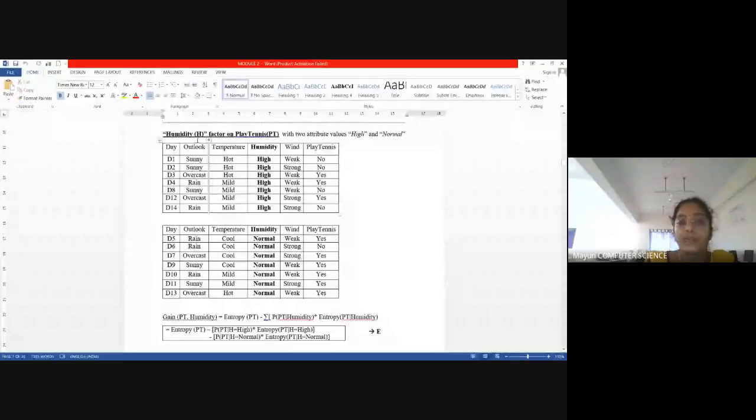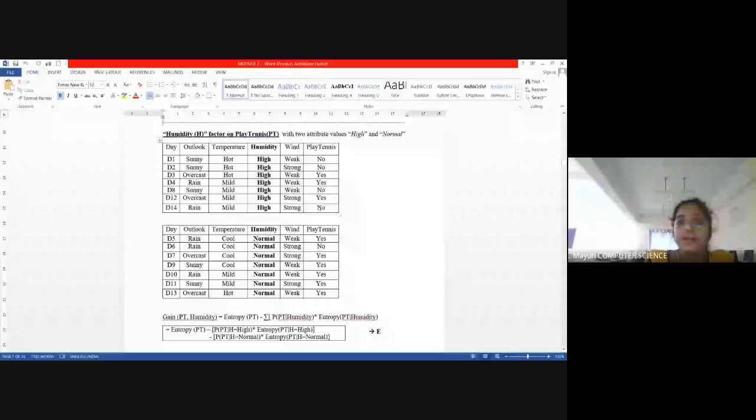So here if you look in humidity, it has two different values. Again, info gain of humidity with respect to the target concept called play, which is equal to total entropy minus the probability of humidity with two values. What is the probability of humidity? High is how many values? 1, 2, 3, 4, 5, 6, 7. I think 7 and 7 out of 14. 7 out of 14 are high into entropy of that humidity.